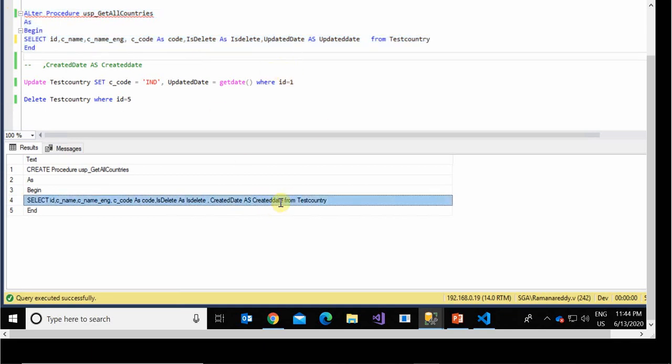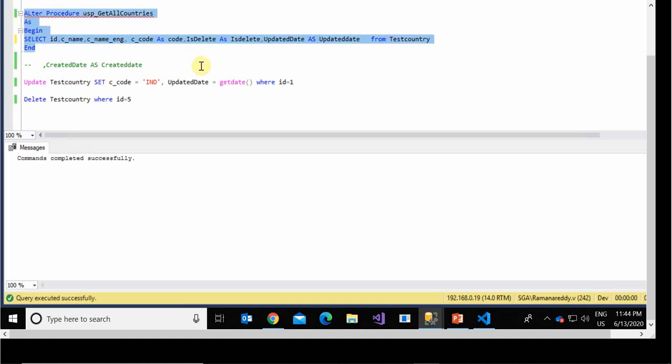So here I am removing the created date column. I am not passing the created column. Even if it already exists, it will not update. It will remain on the Elastic server the same as it is, without performing any change. It will keep the old data as it is.